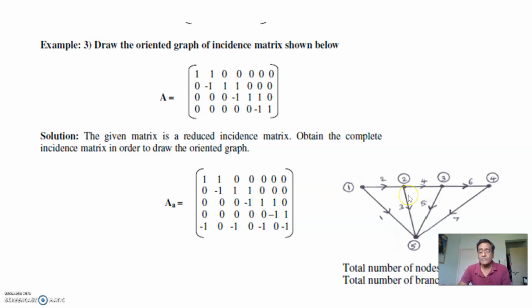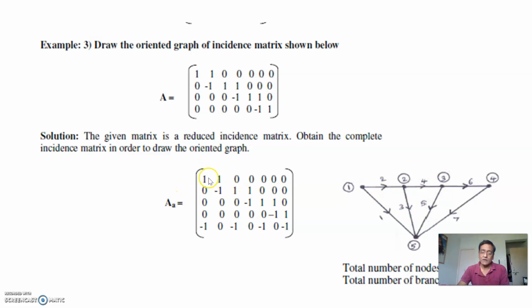How to produce the graph? First you have to locate the nodes. First find out how many nodes there are. How do you get the number of nodes? You get the number of nodes from the number of rows: 1, 2, 3, 4, 5. 5 rows are there, so I first draw 5 nodes like circles: 1, 2, 3, 4, and you can put 5 somewhere below, anywhere you can put this dot. But the practice is like this: I put 5 here. The remaining job is to connect the branches. To connect the branches, I have to use this matrix.